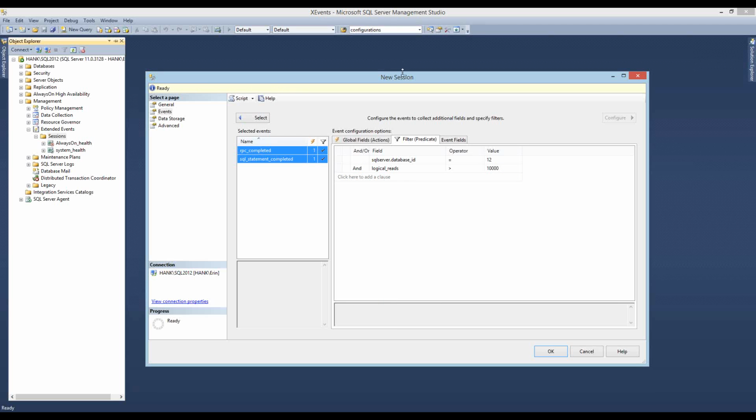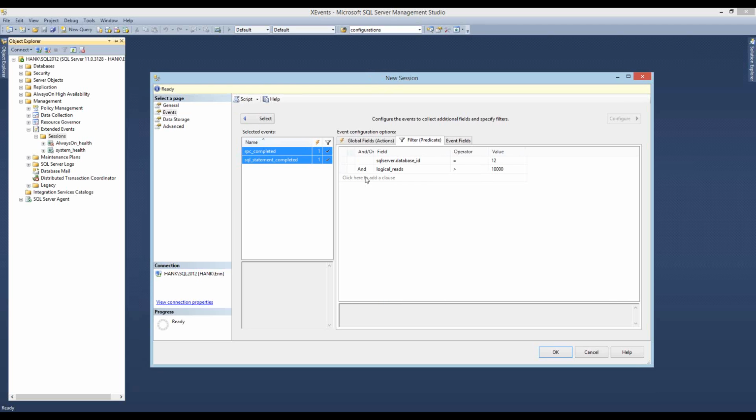And in extended events, the filter will short circuit as soon as a criteria is not met. For example, I can include database ID equal to 12 and logical reads greater than 10,000. So a query comes in and SQL Server is looking at saying, am I capturing for this event? Am I capturing for RPC completed?